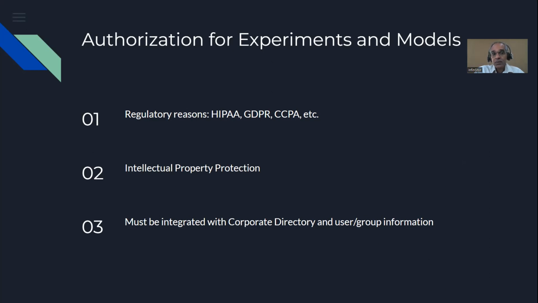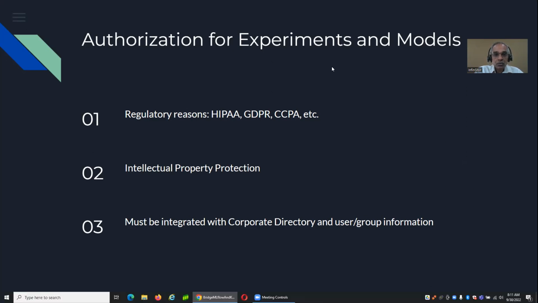Second reason why people want authorization is intellectual property protection. There are companies out there, financial services, healthcare, biotech, that are spending millions of dollars building these models. And if somebody walks away with a model, that could be pretty destructive. In order to protect themselves from issues like that, you do need the ability to